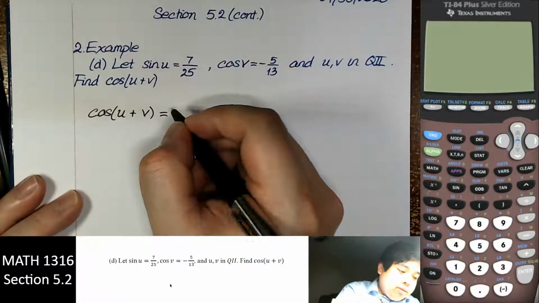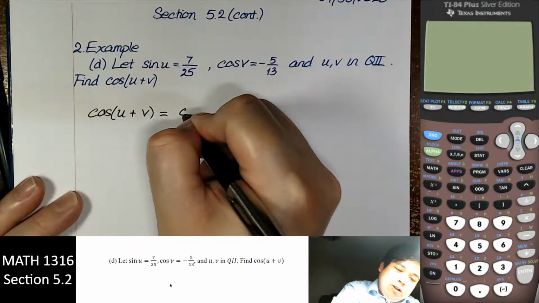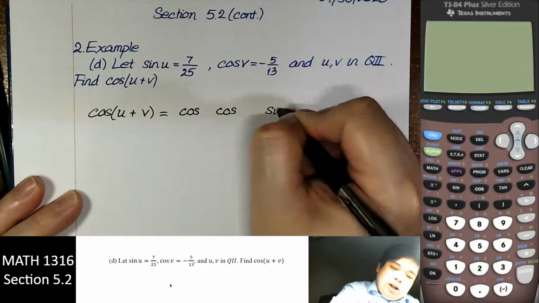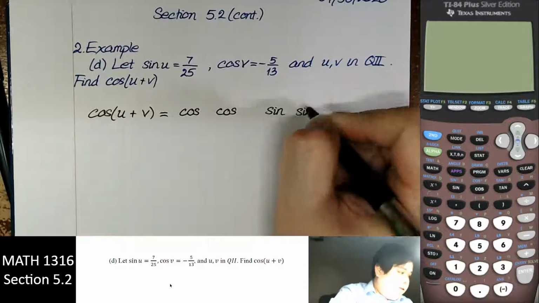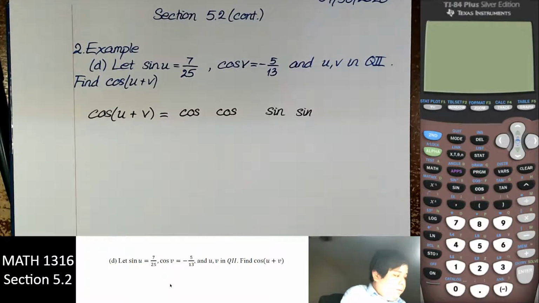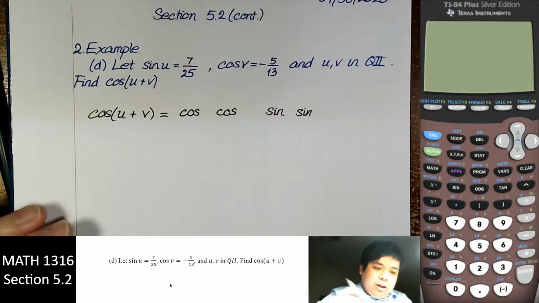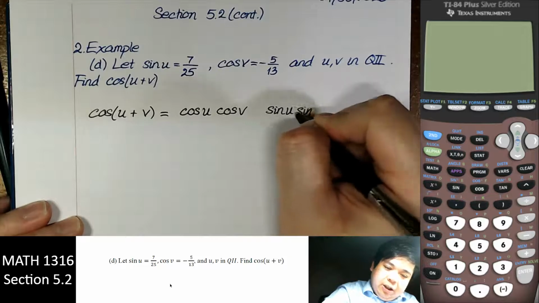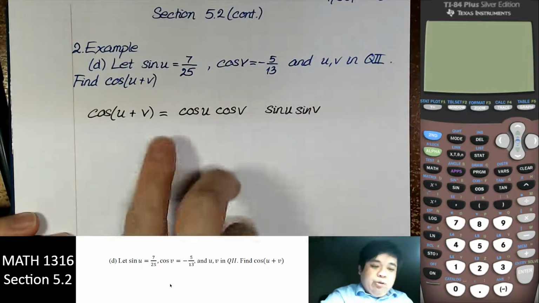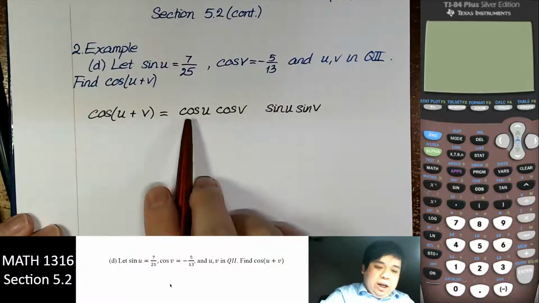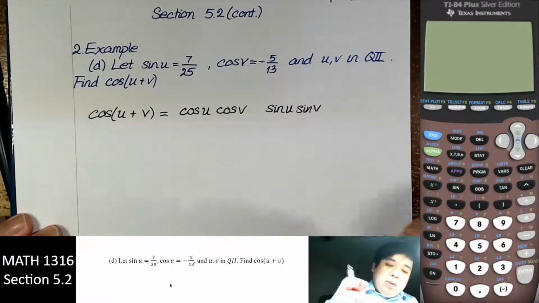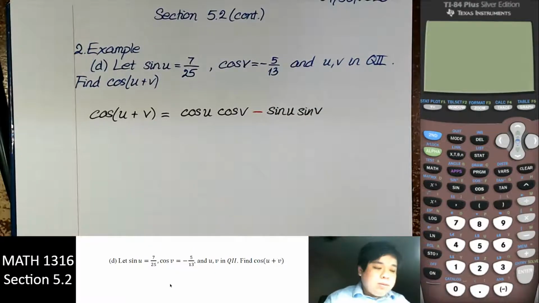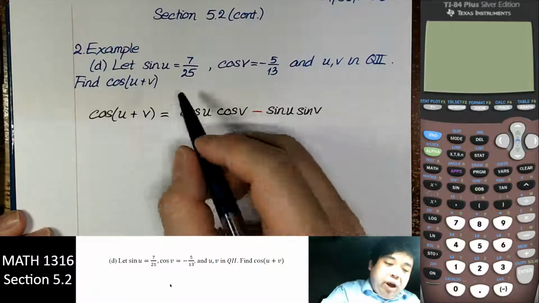For cosine, we have the same function: cosine, cosine, and then sine, sine, and then the angles u, v, u, v. The functions are the same in the product, cosine, cosine, sine, sine. But in the middle, the sign is opposite. If this is plus, it will be minus. Right. And in our problem, we have sine of u